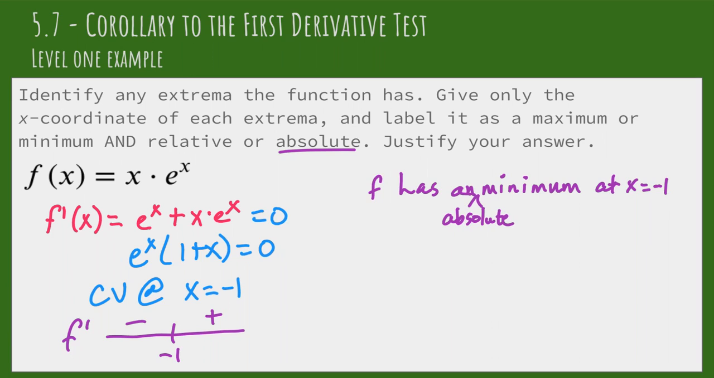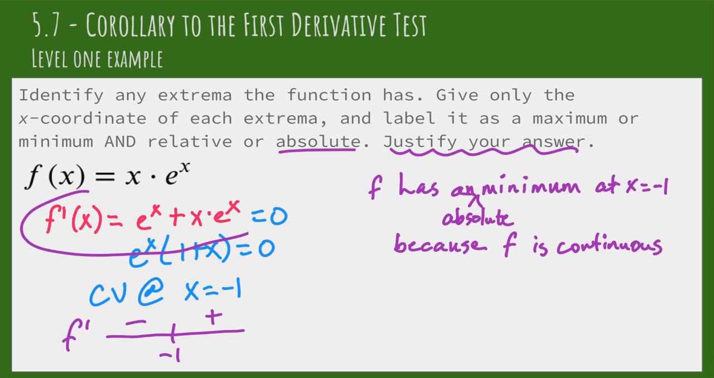minimum. And then it does say justify your answer. So we want to justify our answer using calculus. So we're going to say because the reason that this is an absolute minimum is because f is continuous. And we can verify f is continuous by noting that the derivative is always defined. So since the function's always differentiable, it's also always continuous. So f is a continuous function and